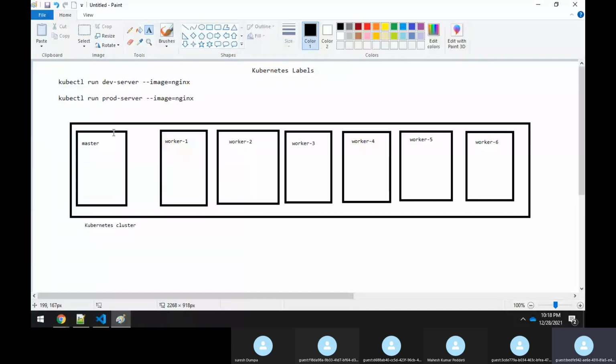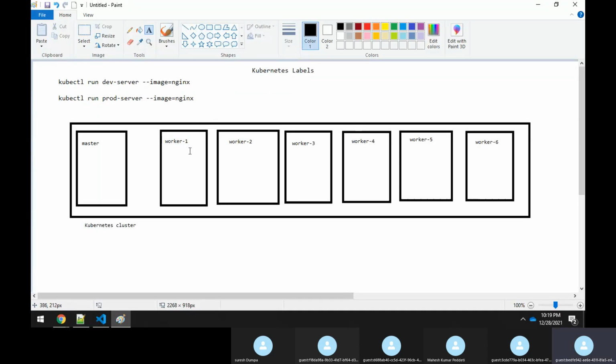But what the master will do, the master can create these pods in any of the free worker nodes, right? Do you agree with me? Because all these are worker nodes, the scheduler will decide. In the master we have a scheduler, and that scheduler will decide in which node I have to schedule it. So here we don't have any control over the pod being created in any of the worker nodes. But assume you say, I want the pod to be created only in worker node 1 itself.